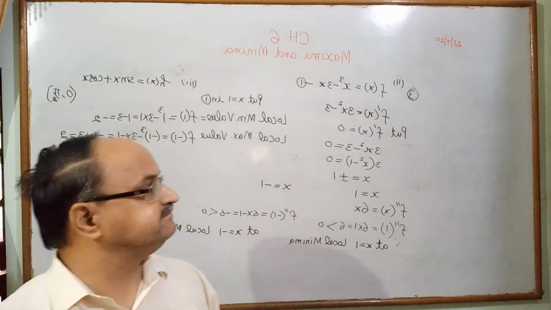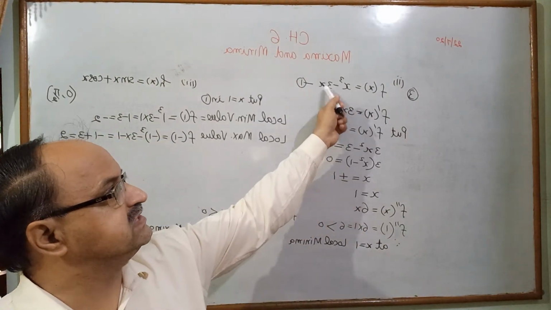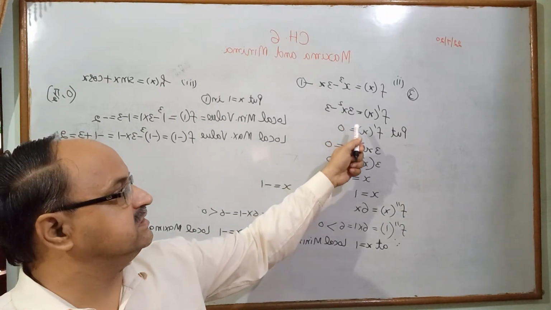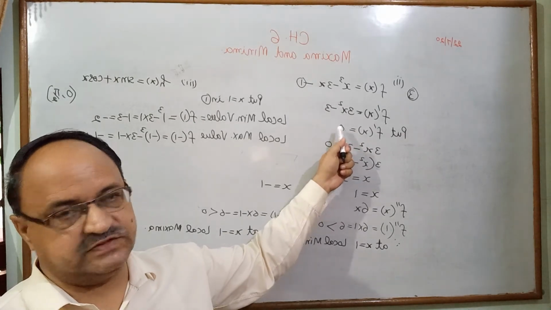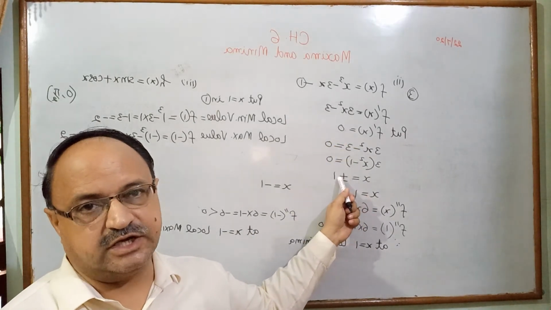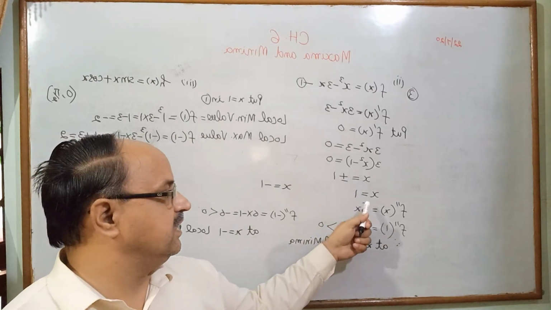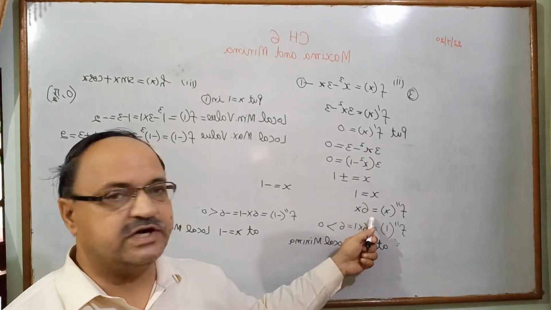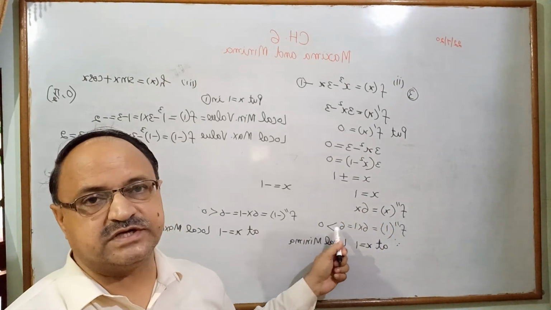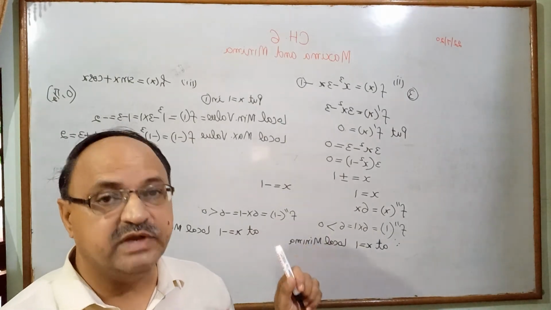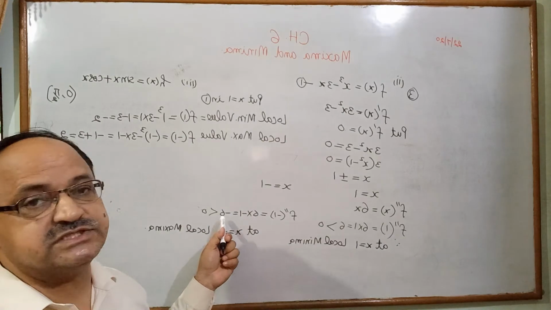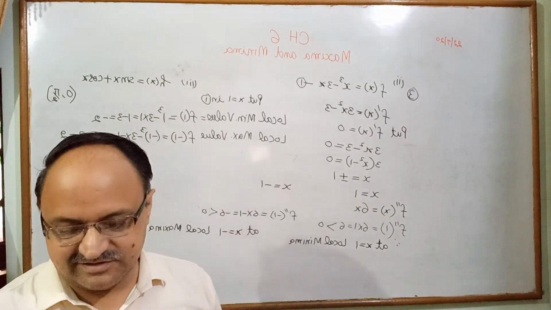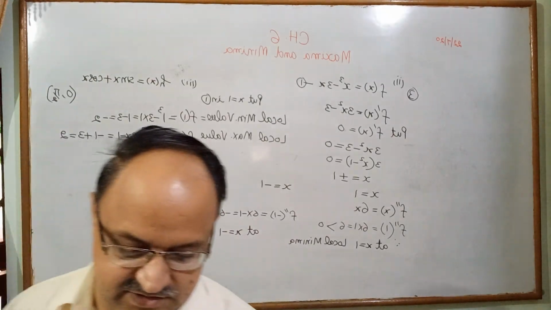Again I repeat this question. The question is x cube minus 3x. Firstly find its derivative, and after that put f dash x is equal to 0. With the help of this find the value of x. The critical point may be 1 or more than 2. At x is equal to 1, find the second order derivative. If the result of the second order derivative is greater than 0, then local minima. If the second order derivative is less than 0, then local maxima. So easy question. Clear? Now we start the next part of this question.